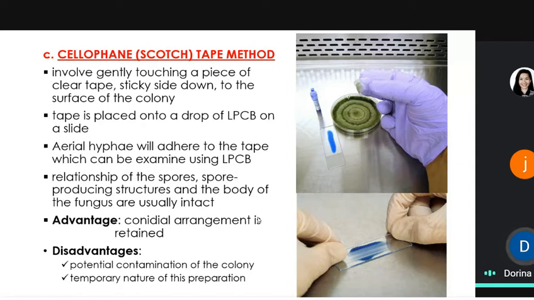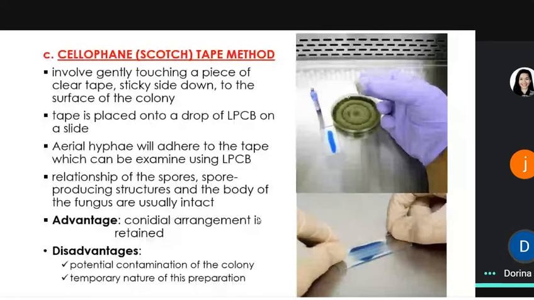So, kinuha mo lang siya, pinadikit mo lang siya doon, nilagay mo lang sa slide, and then tignan mo na siya. So, hindi nagulo yung mycelium na nakolekta mo. Although, pwede nyo itry yan mamaya, kumuha ka lang konting bulak, lagay mo sa scotch tape, tapos lagay mo din sa slide na kunyari may tubig na lang or anything para makita mo lang kung paano yung scotch tape. Okay? So, advantage is, sabi ko nga kanina, wala kang ginulo, pinik mo lang, nilagay mo sa slide, as is